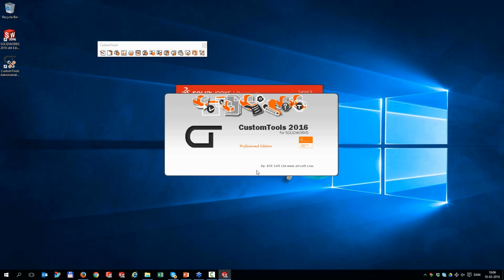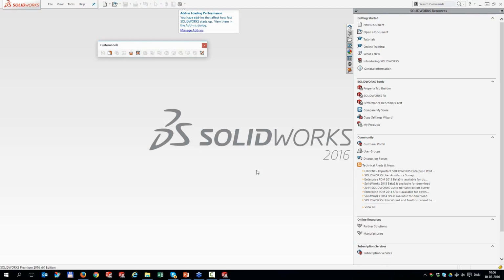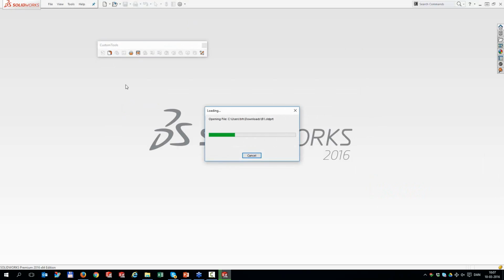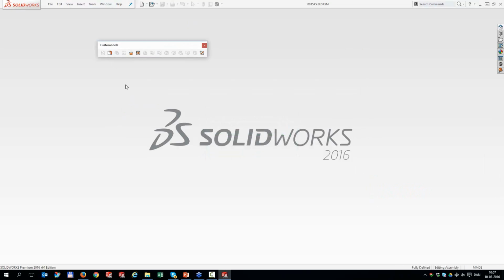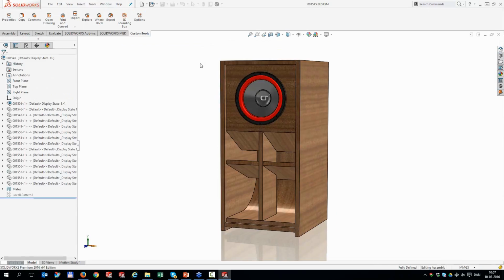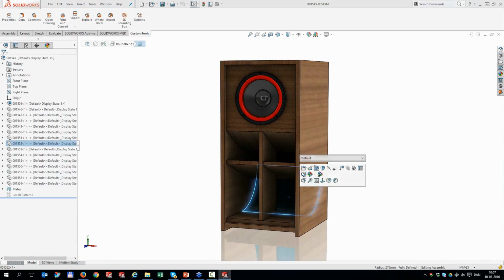Okay. So the idea here is to define my profile and set it up like I was a new first-time user. To do that, I want to open up an assembly file because this is where I want to retrieve my properties from. And just close that one. So if I open up one of these parts